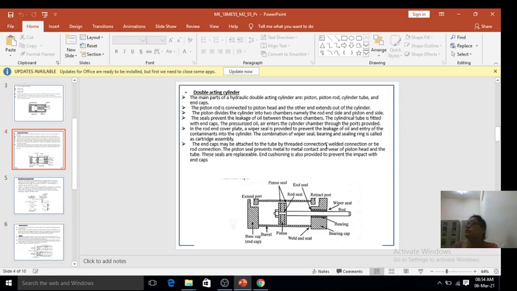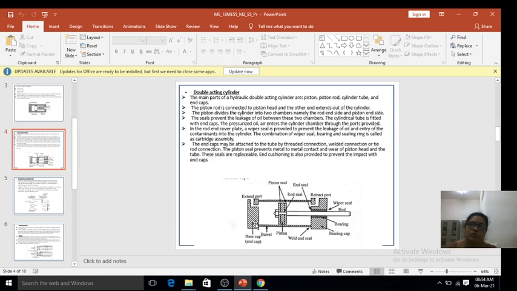In the double acting cylinder, both extension and retraction take place with the help of pressurized fluid. Some of the parts of the double acting cylinder you can observe: extended port, base cap or cap end, barrel or cylinder, piston, weld and seal joints. This is the bearing cap, bearing, shaft, wiper seal, rod, then retracted port. This is the rod seal, this is the end seal. This is the cap end, this is the rod end.